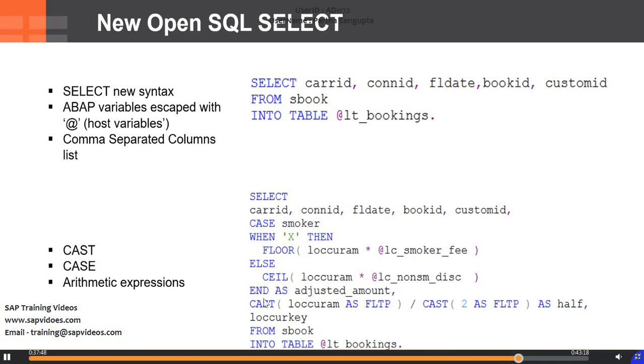You can use case and cast as well. That means you can use arithmetic expressions, case expressions, and cast expressions combined in your select query. So your select query can do more in a single shot. If you execute this select query, you are able to do more complex calculations